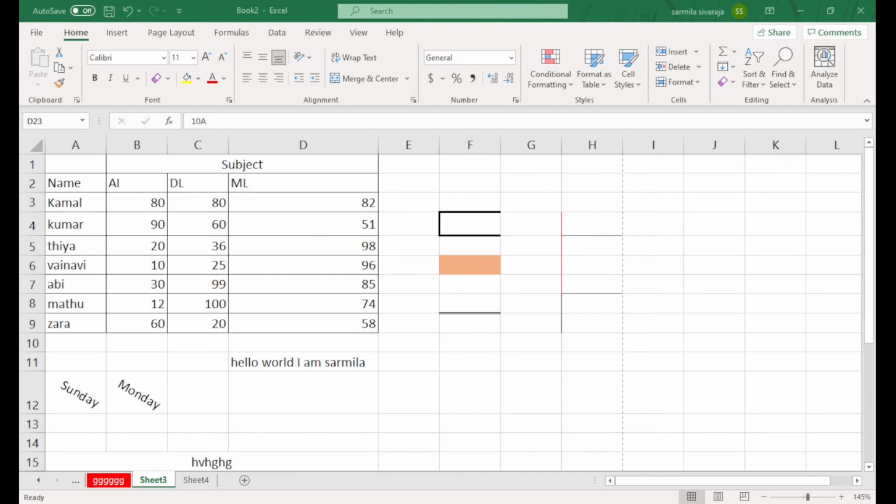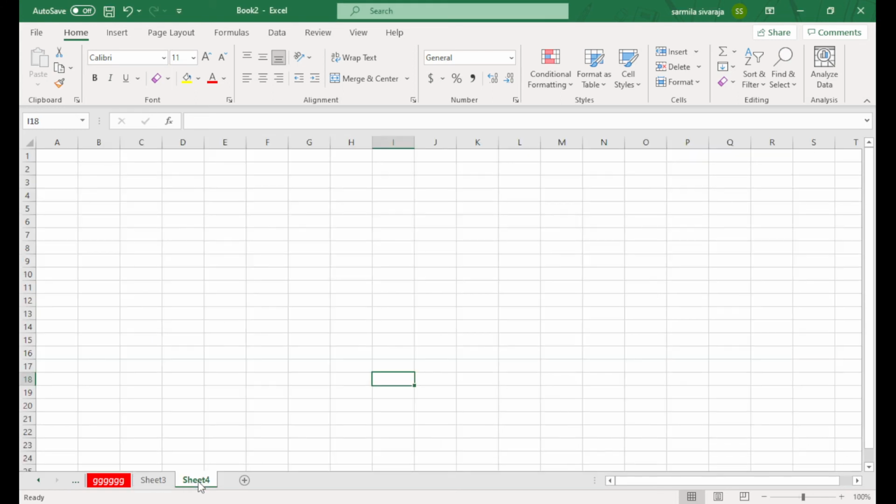Then only you can write it down. Sorry. So there is no option to recover a protected sheet. There is no option for forgotten password, I think. I can't find anything like that.